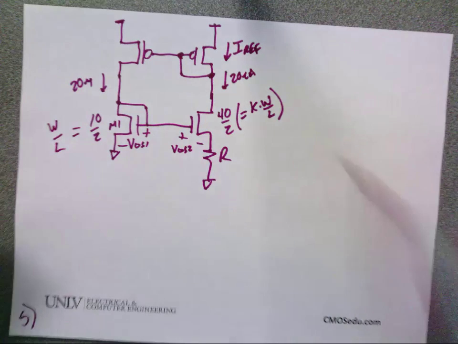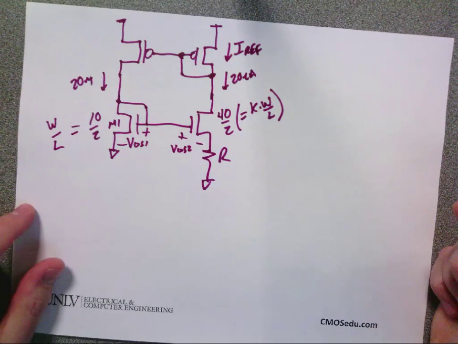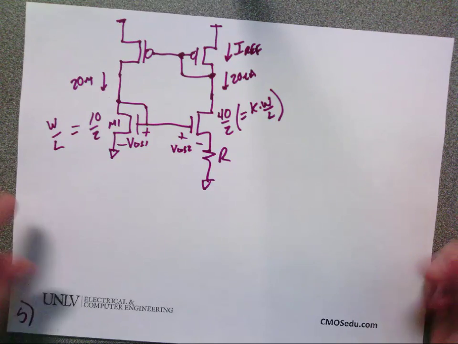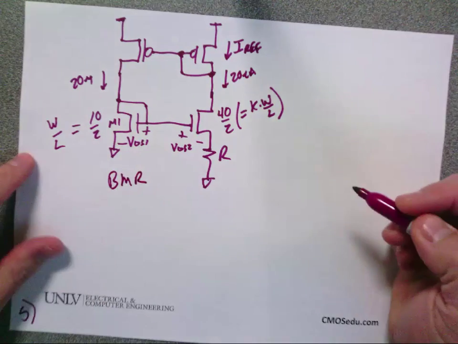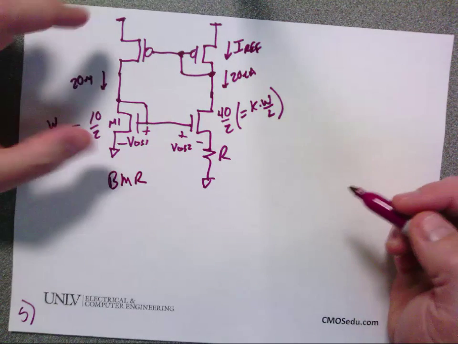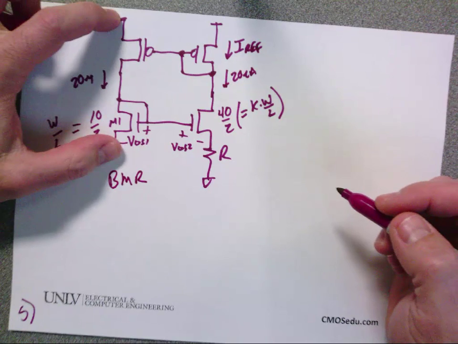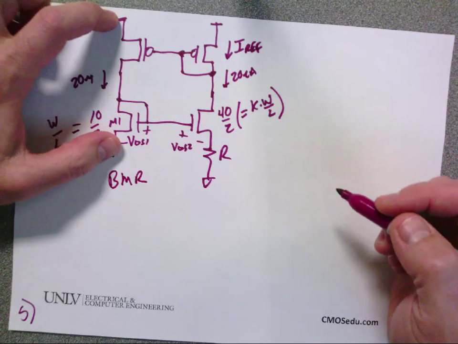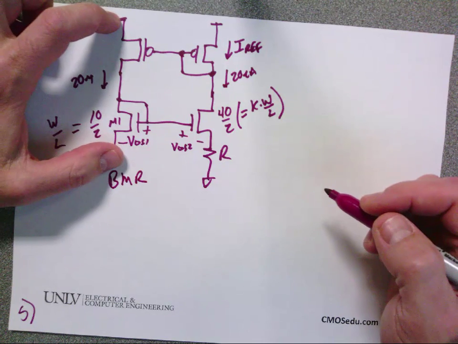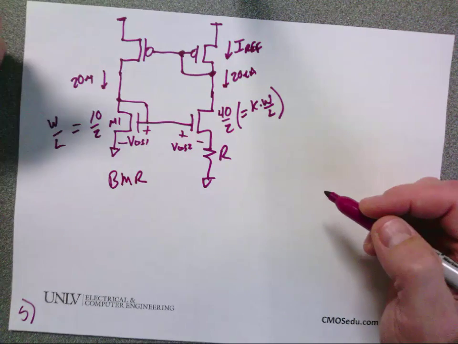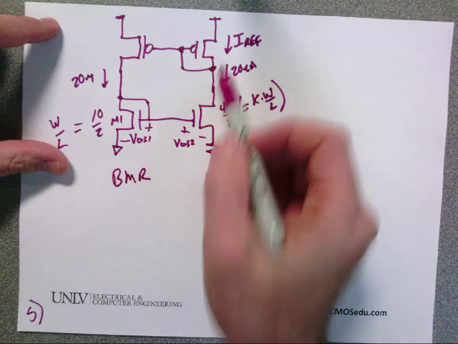So now, I'm going to ask you at some point in the semester, on some quiz, to derive the equations governing the operation of the beta multiplier reference. This is a current reference. If we design it right, it'll generate a current that's independent of VDD. So if VDD is 3 volts, we get relatively the same current as if it were 5 volts. Okay? So, if they have the same current flowing through each side,